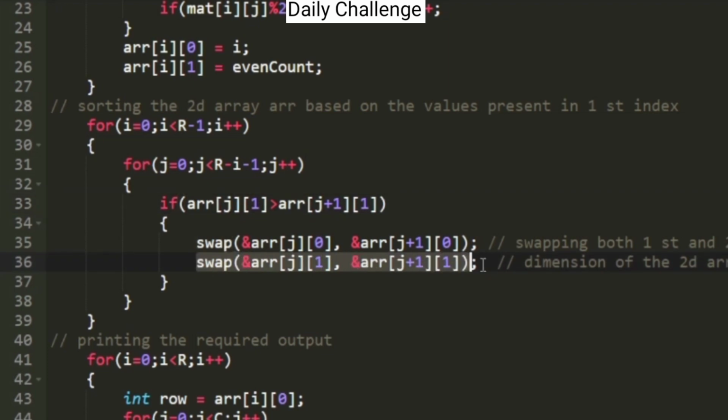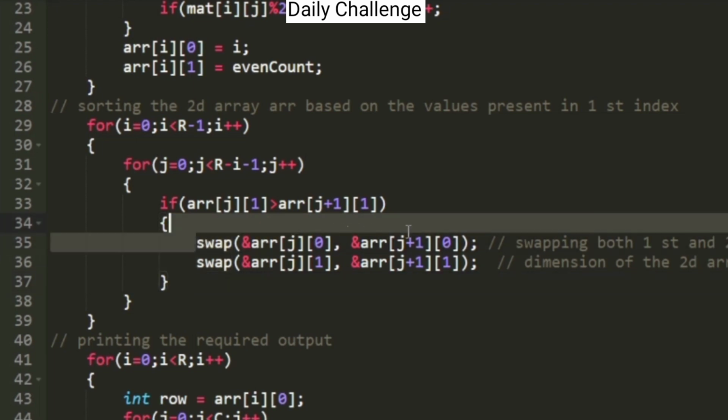As we discussed, whenever we perform a swap operation on the first index, we will also be performing the same swap operation on the 0th index of the two-dimensional array ARR, which I am doing here. When this nested for loop finishes its execution, our two-dimensional array would be sorted based upon the values present in its first index.